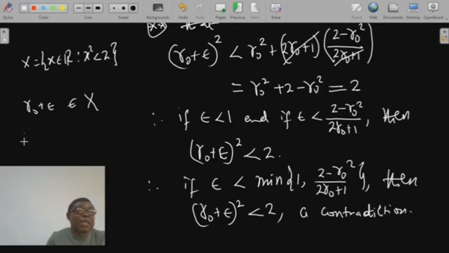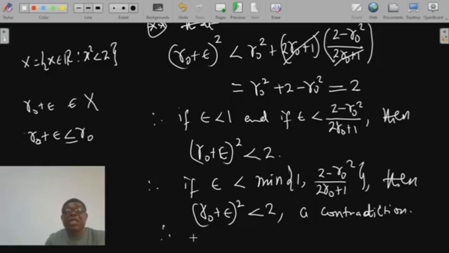This means in particular that gamma naught plus epsilon will be less than or equal to gamma naught. And of course, this is a contradiction. That is where this contradiction came from, because we have something bigger than gamma naught being less than gamma naught. And this is really a contradiction. This means therefore, what we have is that